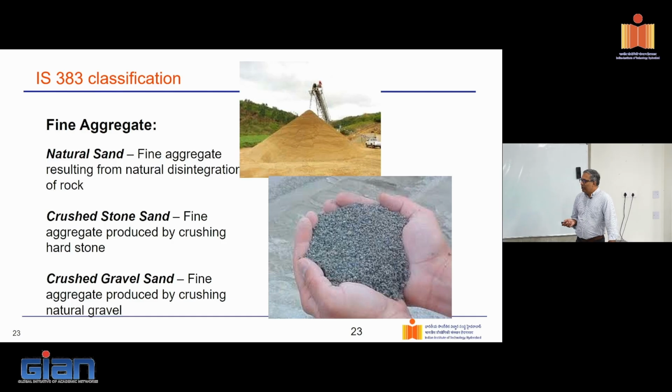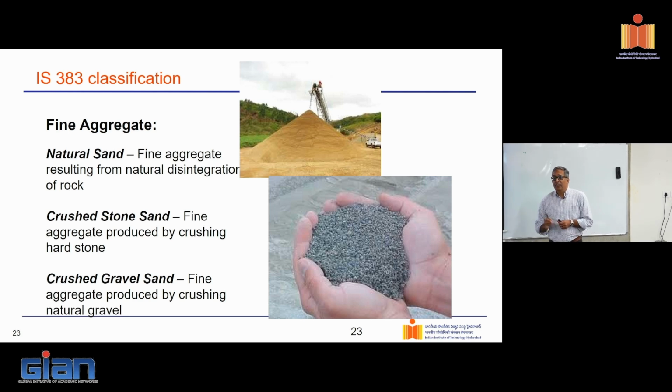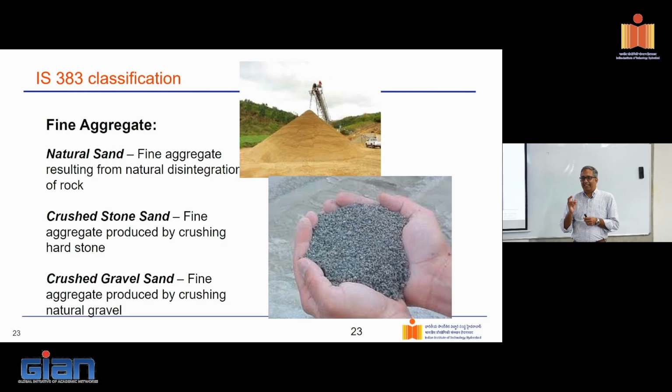What we are making do with is crushed aggregate. So we go back to the crushing process which produced coarse aggregate, only crush it finer, and then call it fine aggregate. But the game is the same. What I want to do is achieve maximum packing. So look at the packing of the coarse aggregate. After I'm done with the packing of the coarse aggregate, there'll still be a lot of gaps left between the coarse aggregate. And those I hope to fill with this finer aggregate.